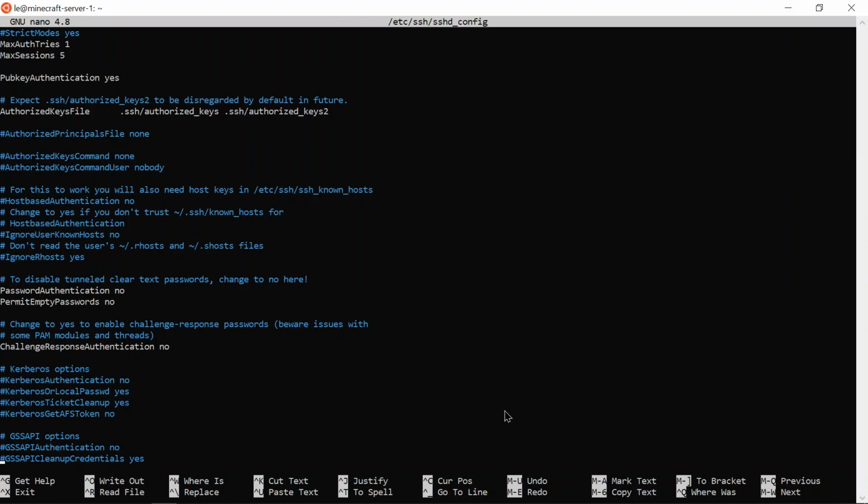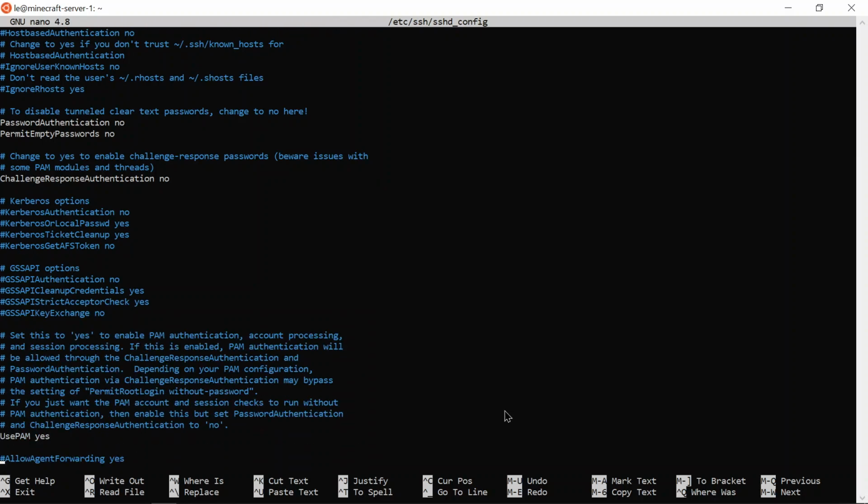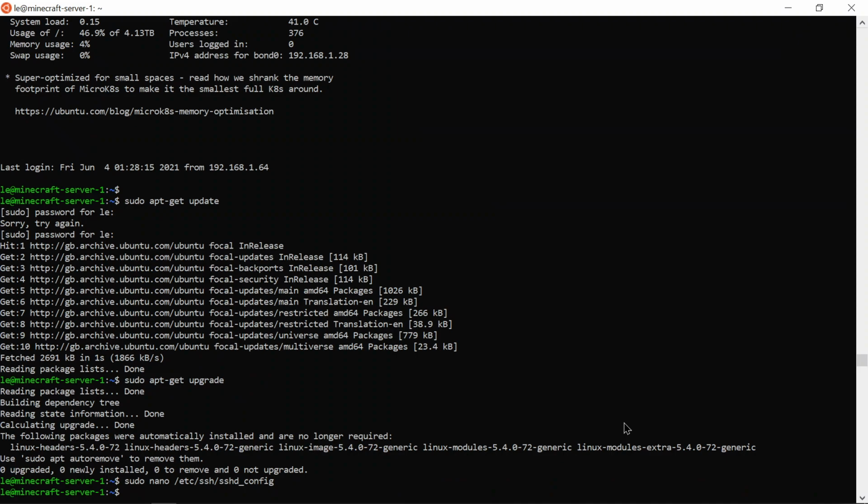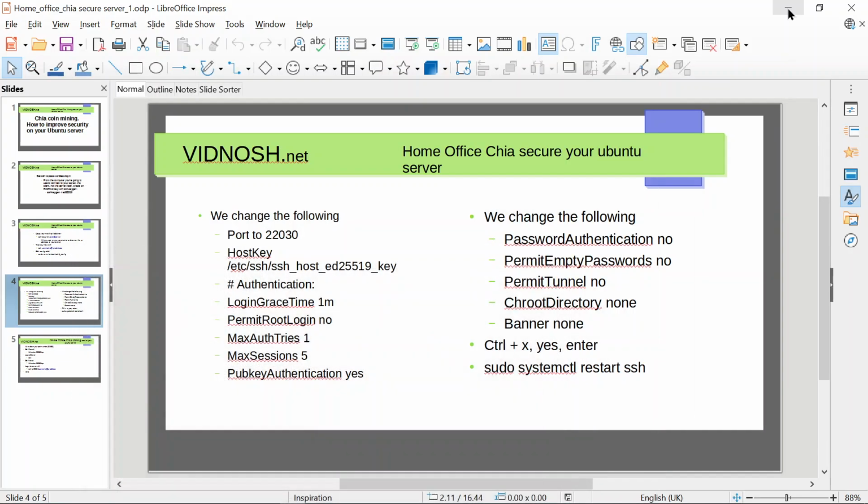You have reached the end of the file. There are a few more alterations in this machine, but I wouldn't advise you to take those because this is just a test machine. And then you hit Control and X and save your file. I don't need to save it because I have not done any alterations. And then you have basically